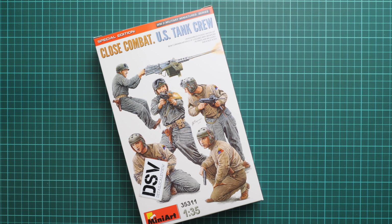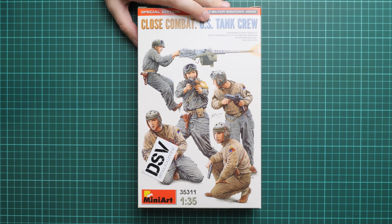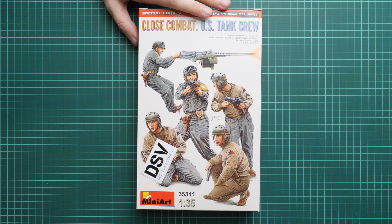As you remember, for example, Miniart released their own version of the M3 Lee, so now you get a chance to place somebody inside, and of course it might be handy with some other World War II US Army tanks as well, so for example Sherman, I guess. And we have a commercial sample here, so it means you will get exactly the same stuff as what you will see in this video review, so we will open it together and check what is actually included here in